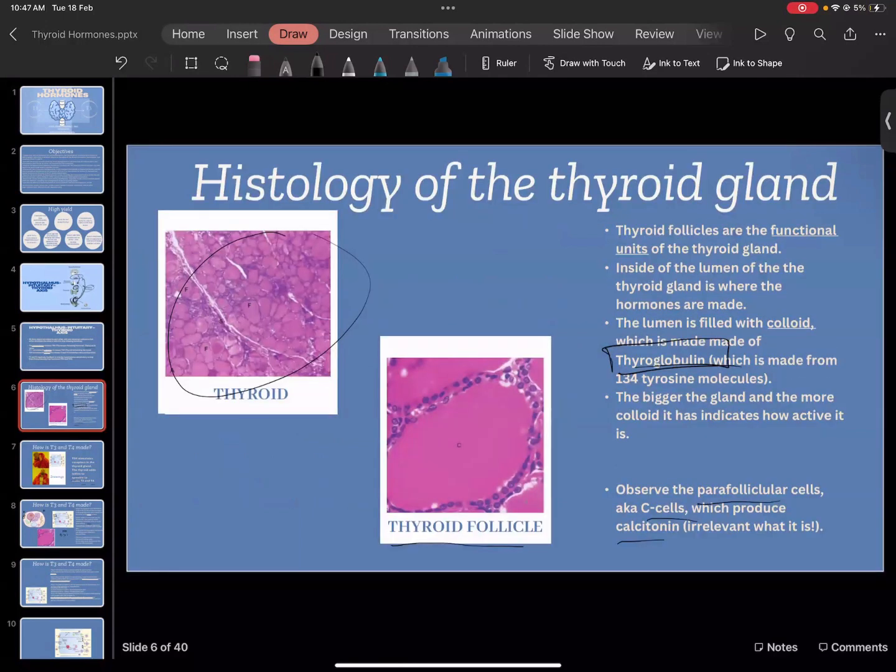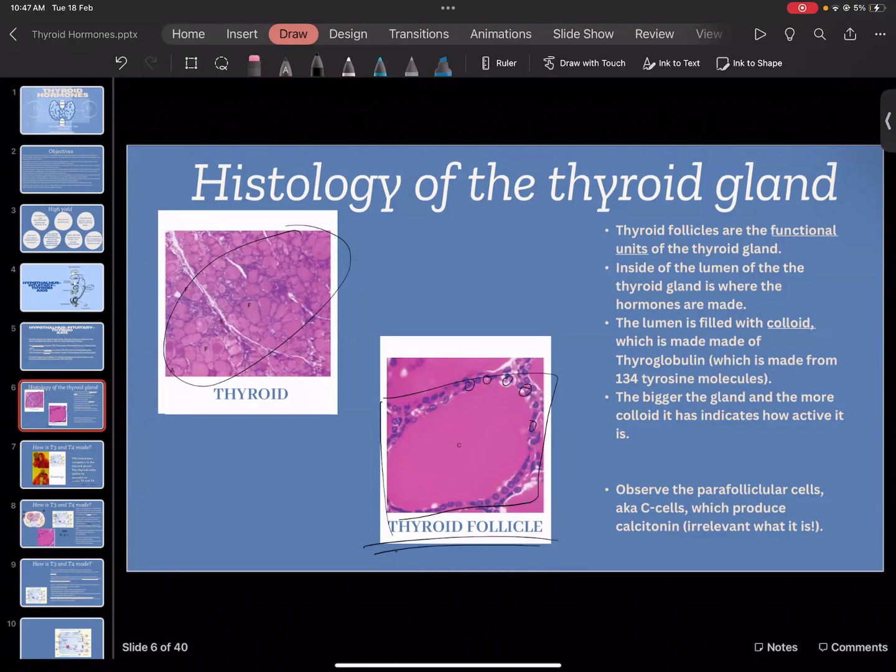Moving on, we're going to talk about the histology of the thyroid gland. What I want you guys to know is that the thyroid gland's sole purpose is just releasing thyroid hormones. First off, this is the thyroid gland altogether. Then you zoom in and you find the smallest functional unit, which is called the thyroid follicle. The thyroid follicle is made out of a bunch of cells